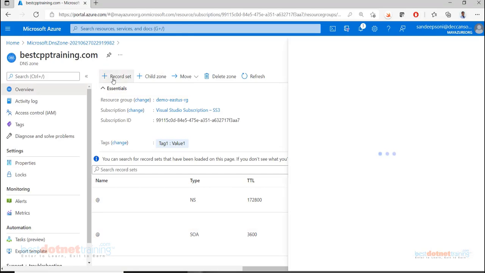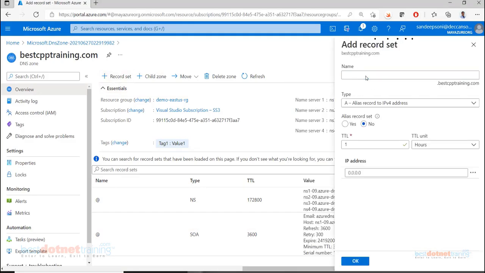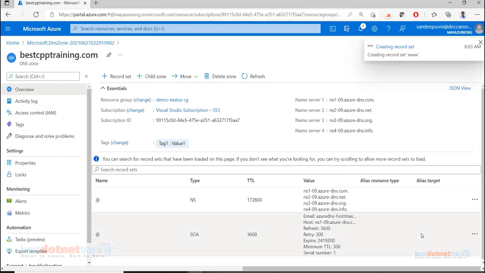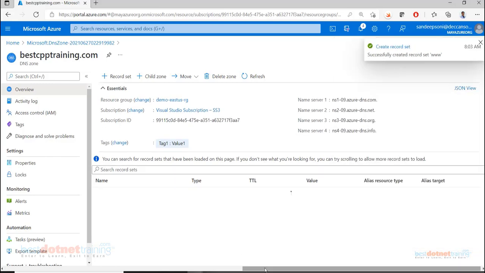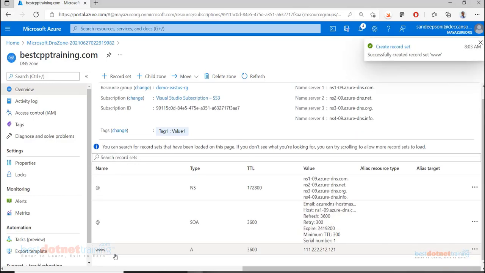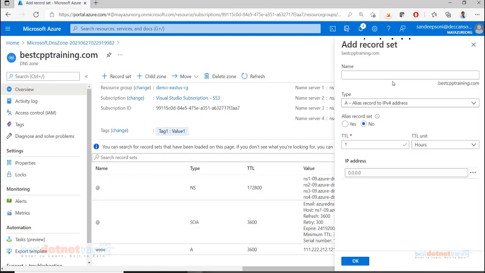So here I am going to create a record set. I'll say www.bestcpptraining.com is mapped to this IP address. Something randomly I gave. Right now that is irrelevant, but I created a record here. Like this, here we can create a CNAME record also.